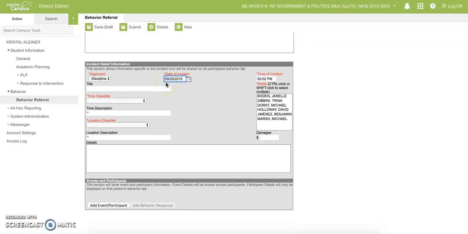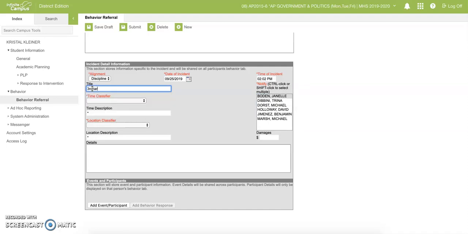And this is pretty self-explanatory, but there's some nuances that we need to deal with in there. This will be a discipline referral. That's really your only other option there. Make sure you have the correct date and the administrator that this goes to. Now I'm going to do one on my daughter because, well, she's my daughter. So her administrator is Miss Bowden or Mrs. Walters. Now the title for this one, we're going to make